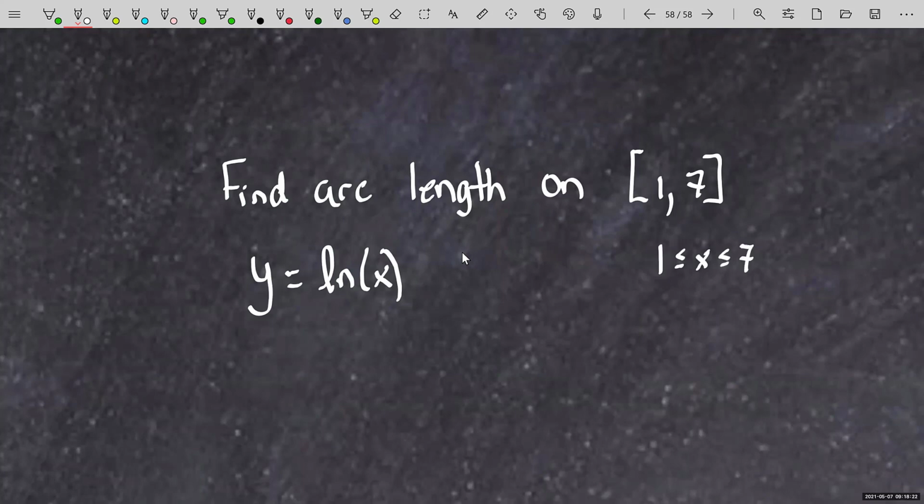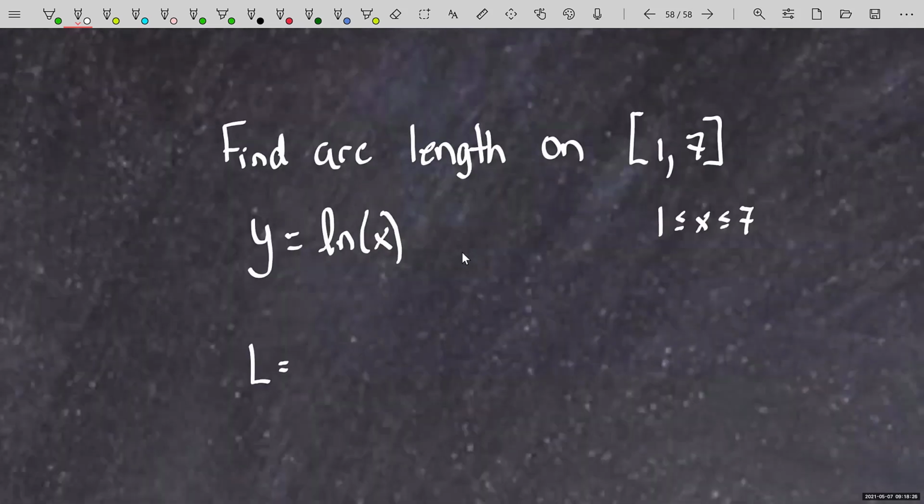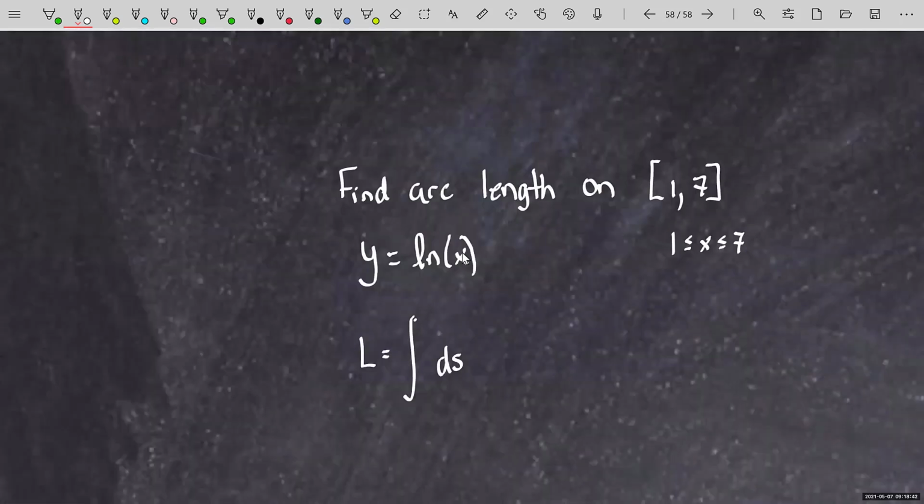So let's go ahead and start the arc length formula. The arc length formula is the integral of ds. And ds, I get to choose here. I could do this with respect to x or with respect to y. I'll set it up with respect to x first, and then in a different ink, I'll work it with respect to y. All right, so with respect to x,